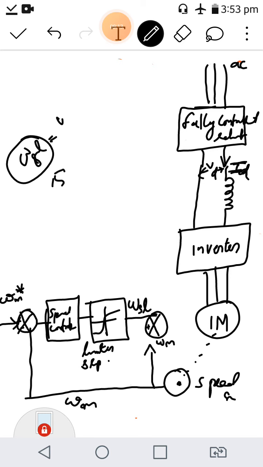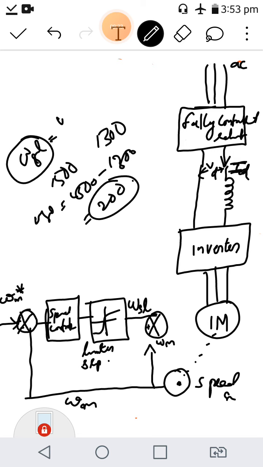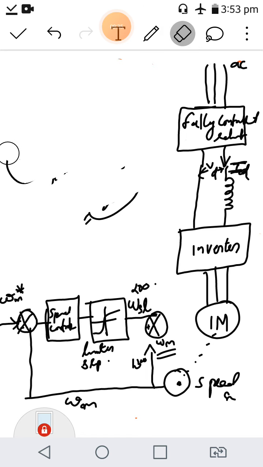For example, if the synchronous speed is 1500 and the actual speed is 1300, then the slip speed is 1500 minus 1300, that is equal to 200 rpm. These are example values I am writing, and this is omega m, the actual speed of the machine, 1300. When you add these two, you get the synchronous speed, right? That's the idea. So these two get added.